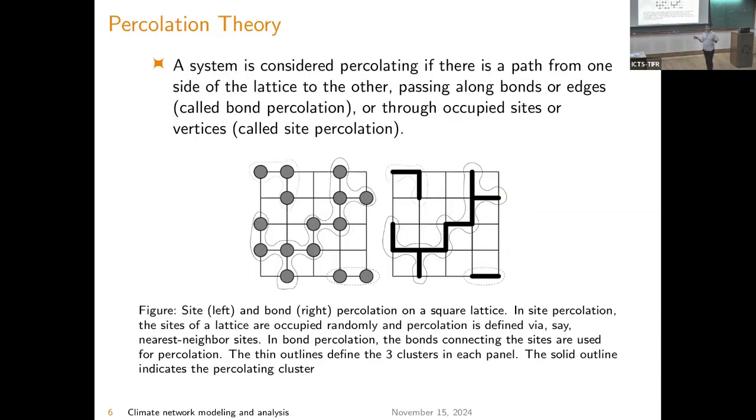This is a general picture I'm showing. When I go to a particular problem, I will give you the time data, I will give you the resolution, and I will give the parameters for the Pearson correlation. So that we will talk about later. This is a very pedagogical view of how you construct a climate network based on data.